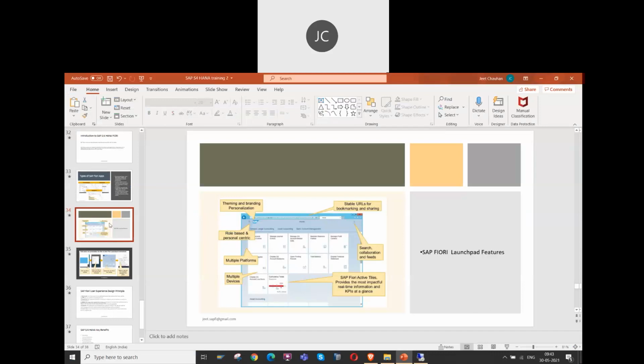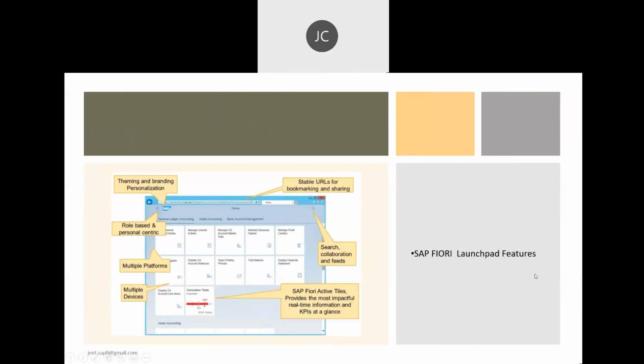But quickly, let's cover this part also for our understanding. These are the launchpad features which are available here. This is how it will look. This we call SAP branding. This is the home page. Then this is the search button. Then you can see the person icon, so this is the role-based thing. If we click here, we can check. We can add some personal applications there.